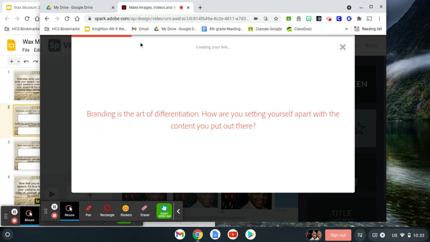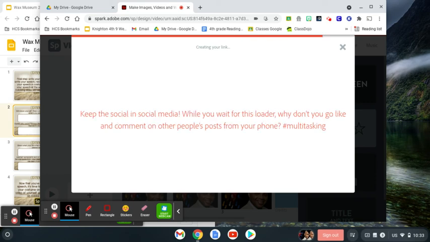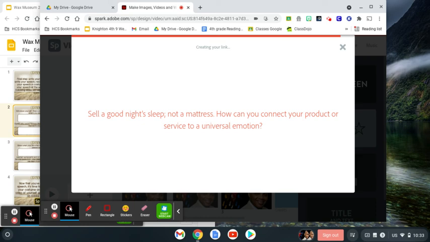And of course, we have to wait on the red line to get all the way over here. Once the red line gets across, we'll have a link.